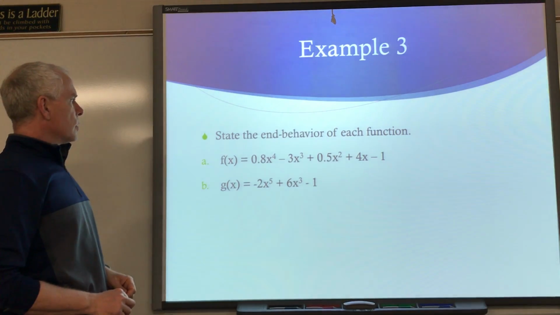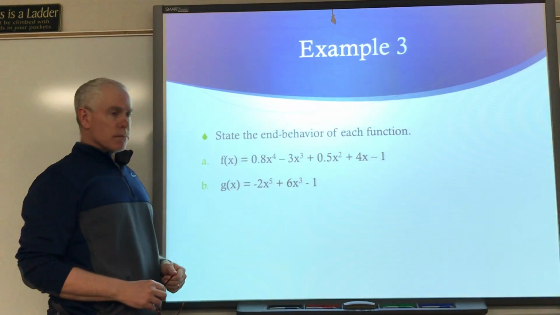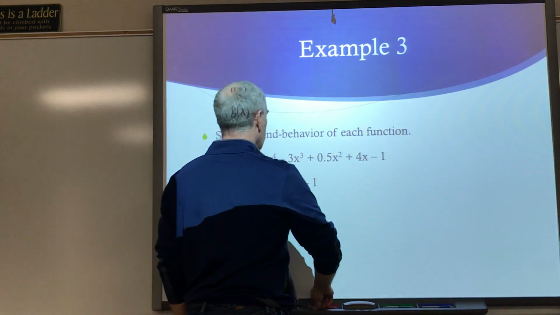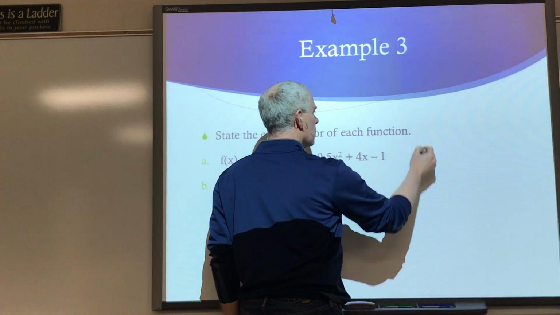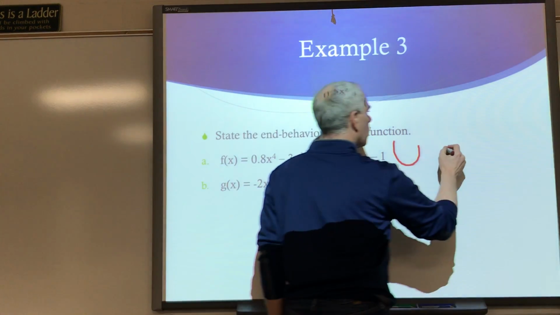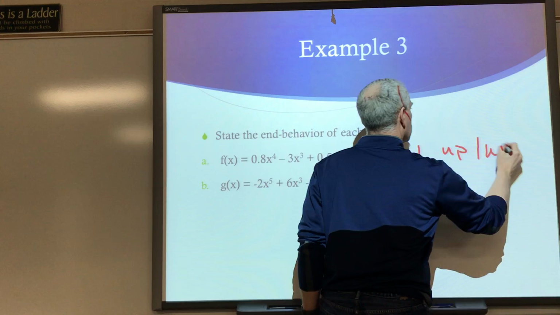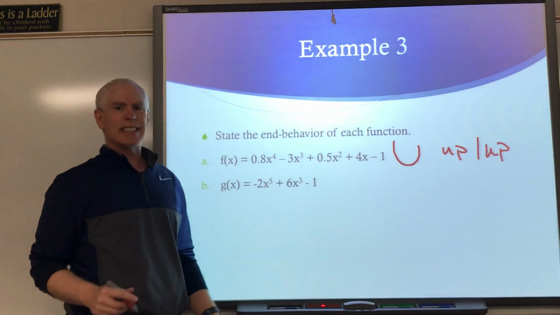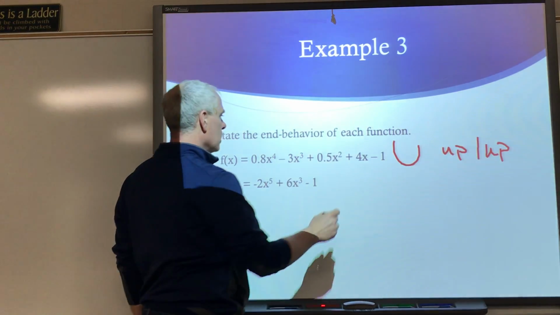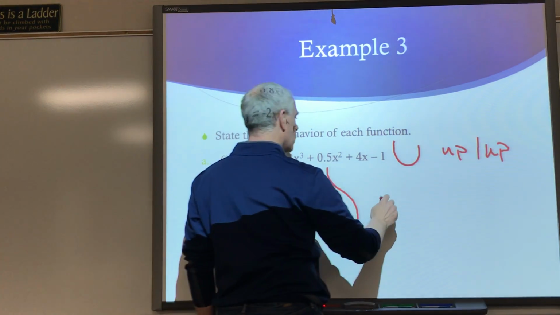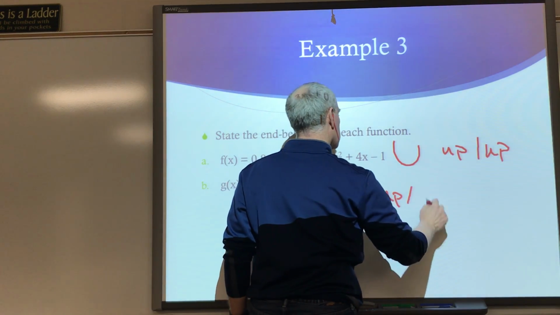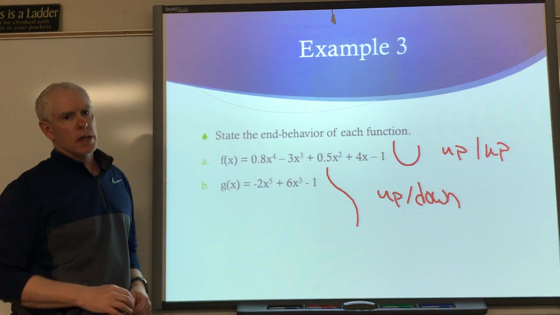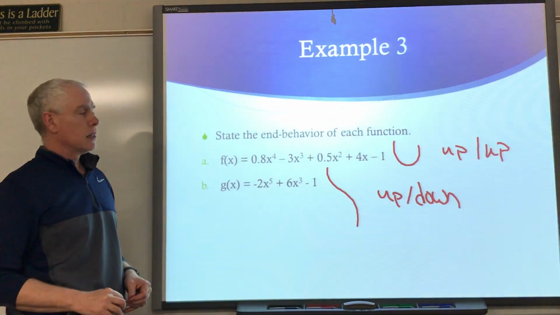State the end behavior of each function. Okay? Even degree. Leading coefficient is positive. So there can be a bunch of turning points in there, but in the end behavior is going to look something like this. So we would call this up, up. Okay? This one is an odd degree. Leading coefficient negative, so it looks like this. Okay? So it's falling like so. So this is an up, down. And if you're not 100% sure, you guys, you can always throw those into your calculator and see what happens. What does it look like in the end,